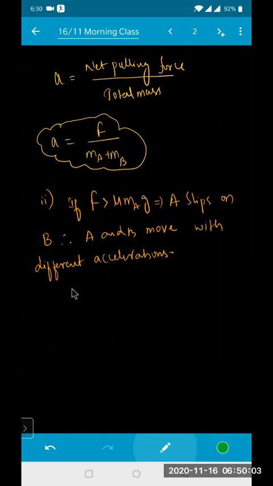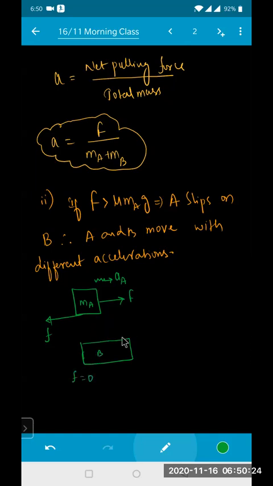Now see, this is the mass of your A. You are applying the force on this one, capital F, and the frictional force on this one right now is small f. So now this is moving with one acceleration, that is nothing but acceleration of your A. Then there is another one, this is your block B. Here the frictional force is no doubt 0, but due to Newton's third law, there is an equal and opposite force on this one, beta. This is nothing but your friction f. So this block B is also moving in the front direction with acceleration of your B. Got it?